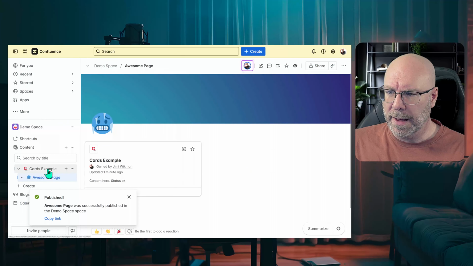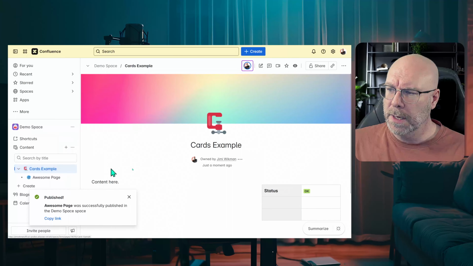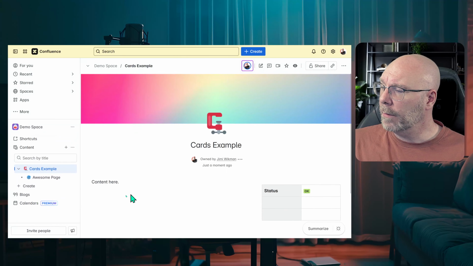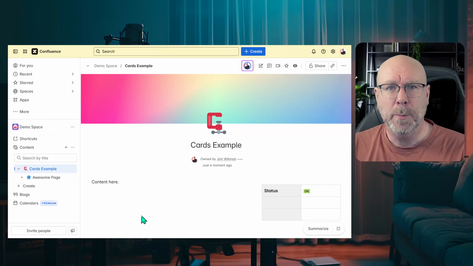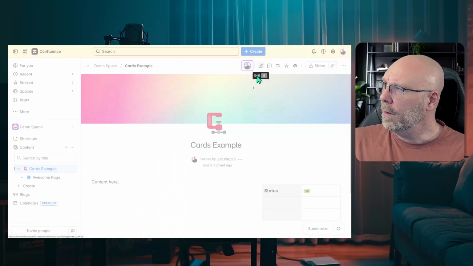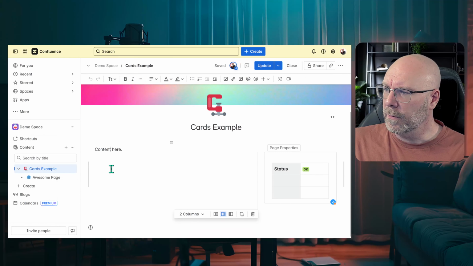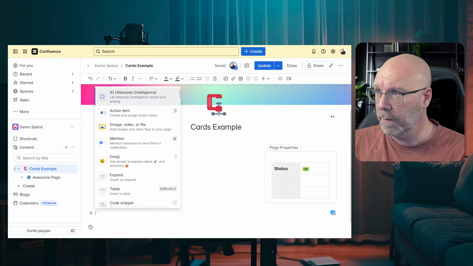So now I have a main page and I have a sub page for this one. What I want to do now is make a list of these. If you have worked with Confluence for a while, you probably use page properties report, or you have manually created some tables and stuff like that, and it's been a painful experience for everyone involved. So what we can do now is, let's not put it here, let's go below. Below here, I would like to use the new